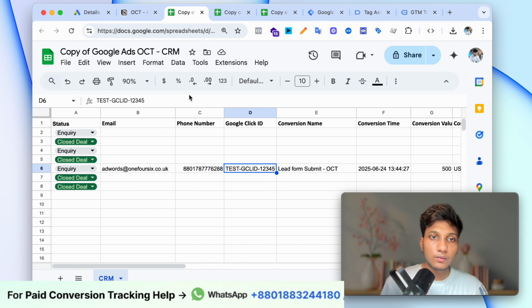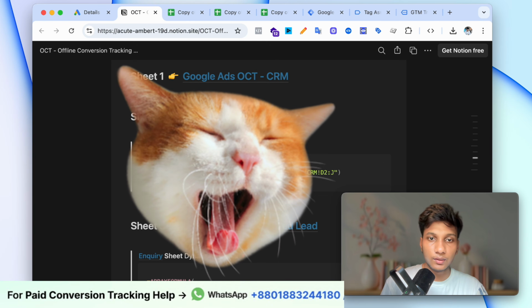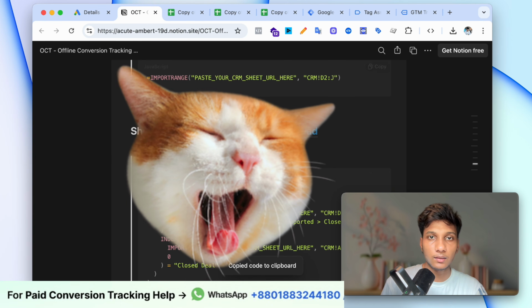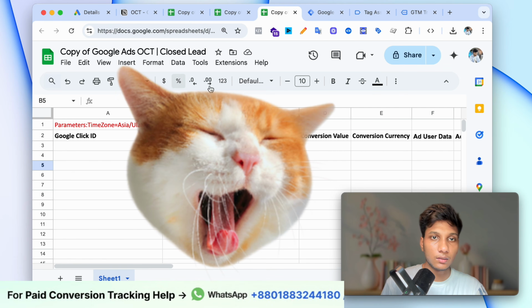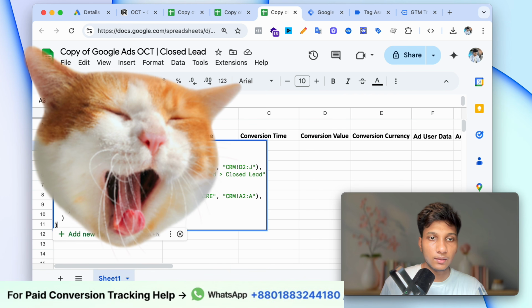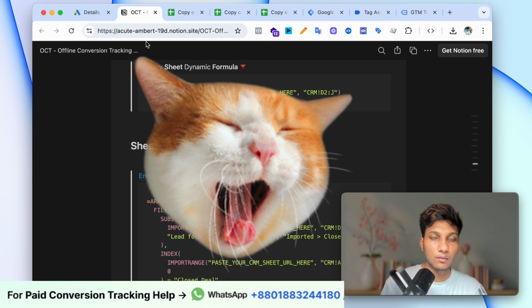So we also need to send other data to our close deal sheet. Just copy this, then go to the close lead sheet and paste this in here. You have to replace it, like paste your CRM sheet URL here. Just replace this with your